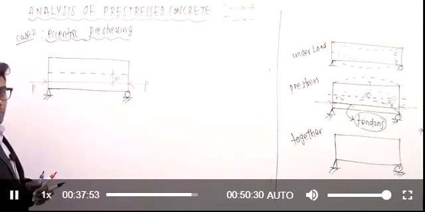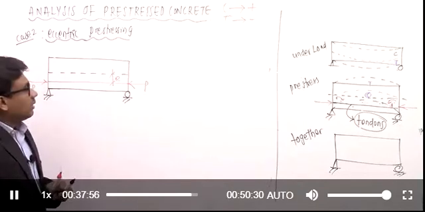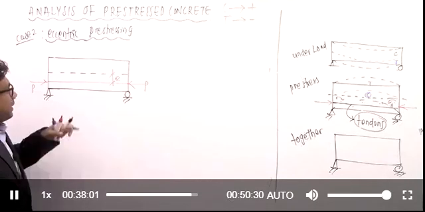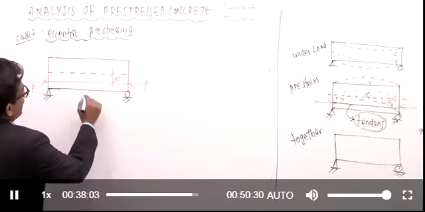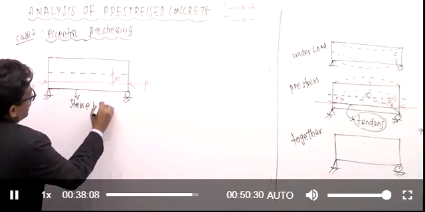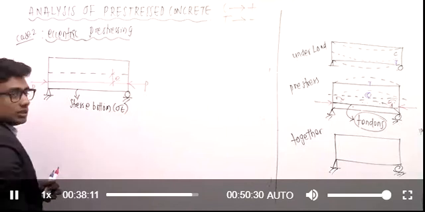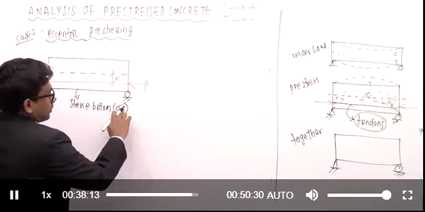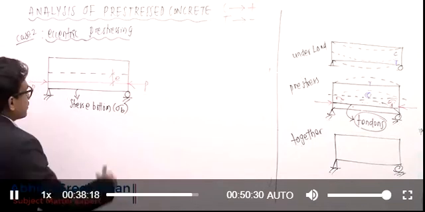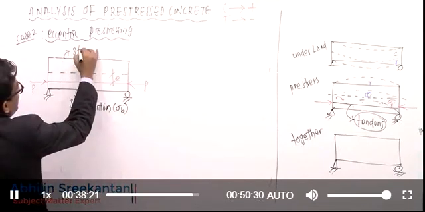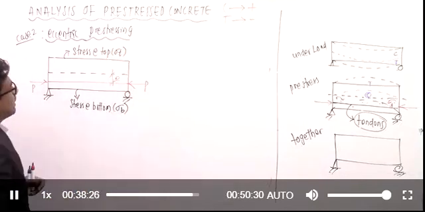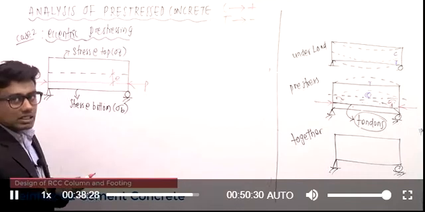See, when the tendons are placed at an eccentricity, right? See, I am interested in calculating the stress at the bottom. Okay, sorry, it is sigma B. Stress at the bottom, I am going to call it as bottom stress, sigma B. And stress at the top, I am going to call it as sigma T. Okay, where we will be having the maximum stress.